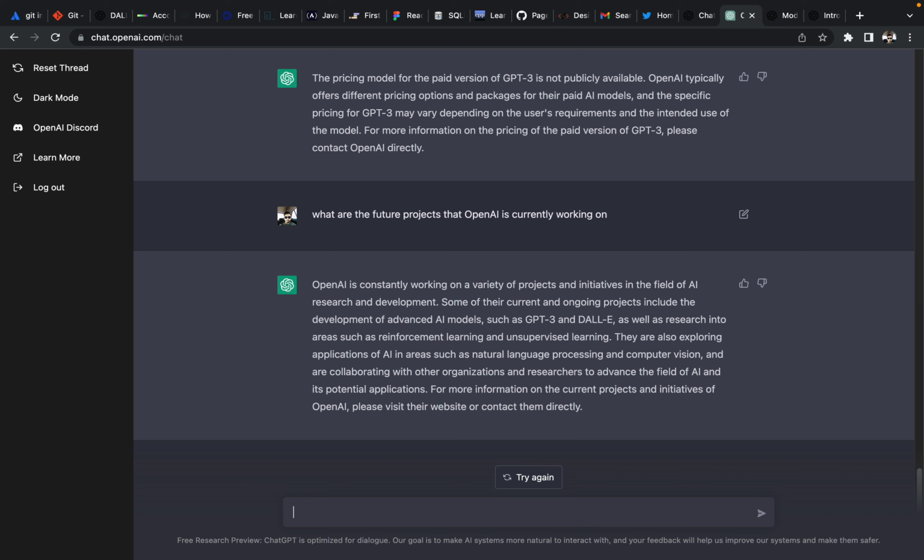So the current and ongoing projects include the development of advanced AI models such as GPT-3 and DALL-E, as well as research in areas such as reinforcement learning and unsupervised learning. They are also exploring capabilities of AI in areas such as natural language processing and computer vision, and are collaborating with other organizations and researchers to advance the field of AI and its potential applications. Okay. So it's not giving me any specific model names, but it's working on reinforcement learning and unsupervised learning. Okay, so